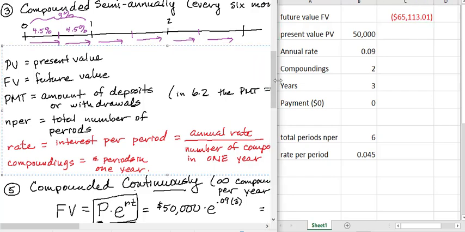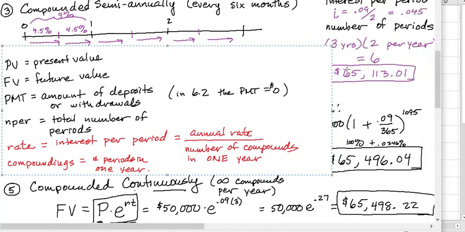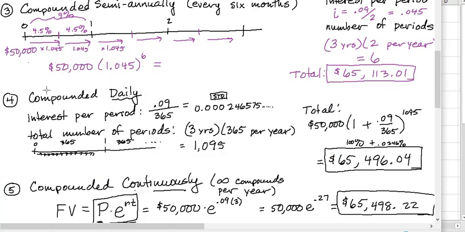65,113 and 1 penny. There it is, 65,113 and a penny. For compounding daily,